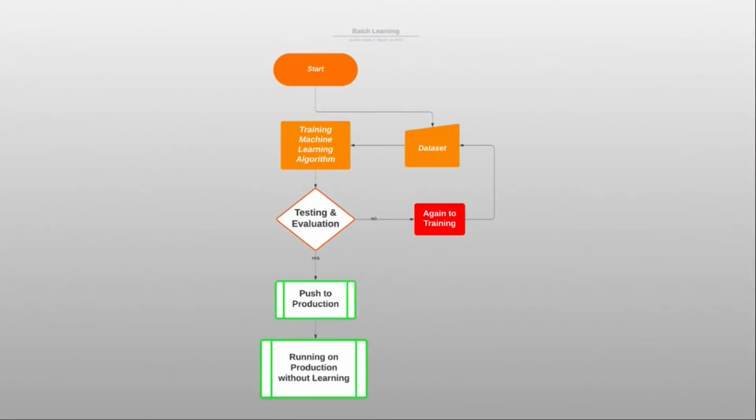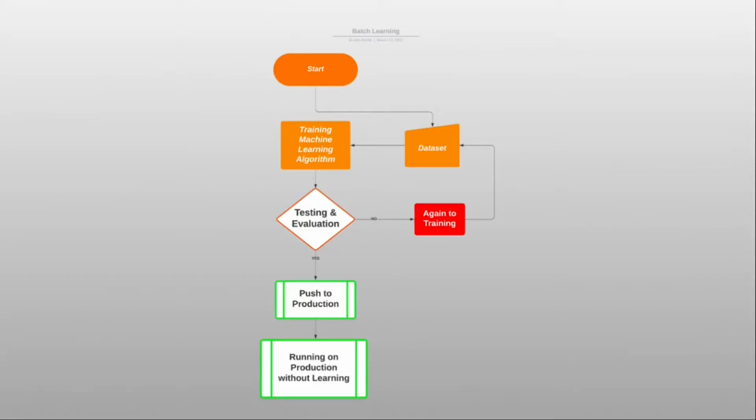First, we are going to see batch learning. Instead of giving a definition, I am going to explain the process and workflow of batch learning, and then you can frame the definition yourselves based on the process. Like every machine learning project, in batch learning we start with the collection of the dataset, then clean the data, pre-process the data, and split the dataset into train set, test set, and validation set. Then the train set is given to the machine learning algorithm.